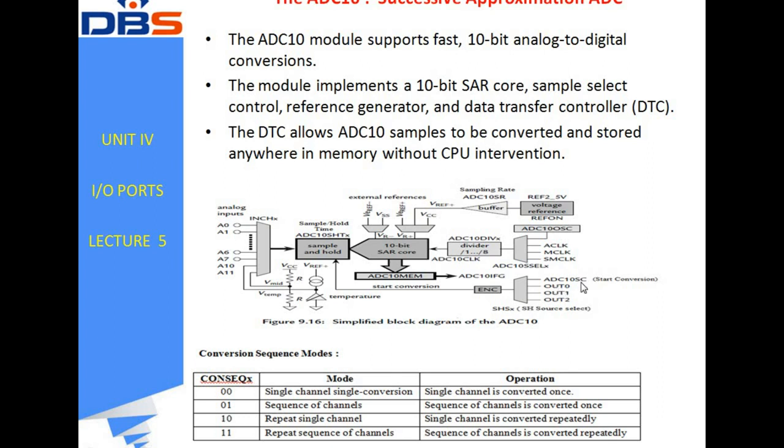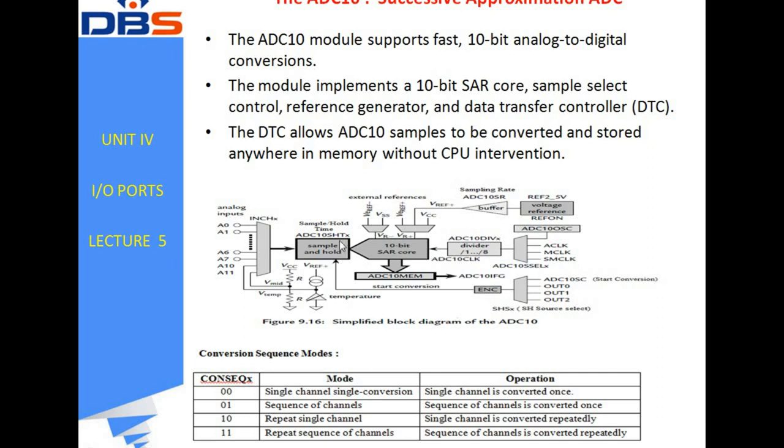See here, we have ADC10SC start conversion, out 0, out 1, and out 2. So it will give a trigger to this circuit to convert the sample and hold, and